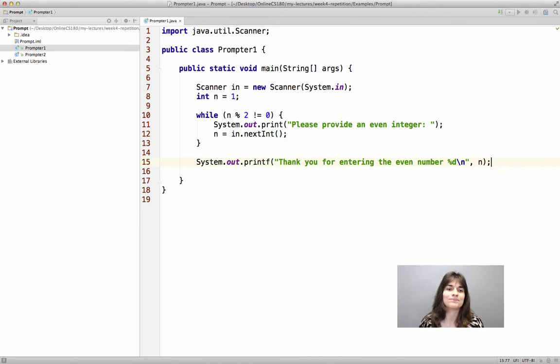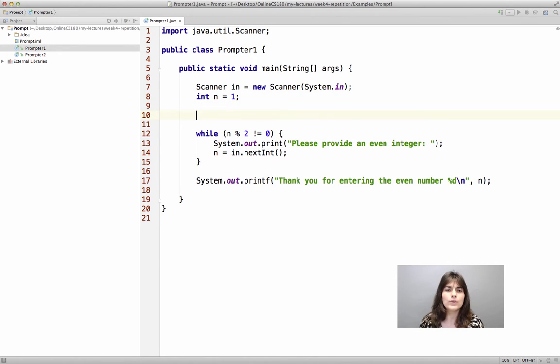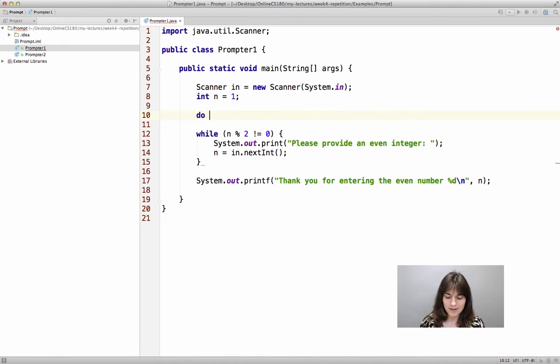However, here is a detail. Apart from the while loop and the for loop, we also mentioned the do-while loop. When do we use a do-while loop? We use it when we want the loop body to be executed at least once. And this is exactly the case here. So we are going to transform the while loop into a do-while loop.